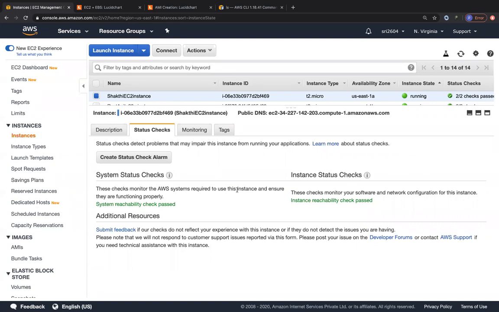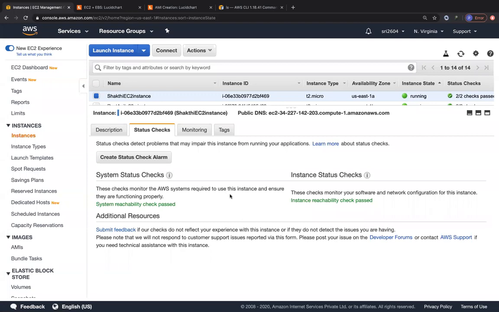Got the idea? So if your system status check fails, all you have to do is stop and start your EC2 instance so that it's launched on a different host, which is a healthy host, and then wait for your status checks to be available and healthy. Okay. But when your instance status check fails, go ahead and restart. Don't stop and start. Go ahead and restart for your EC2 instance to come back to a healthy status. This one checks the network reachability, whereas this one checks whether your underlying host is a healthy host or not.